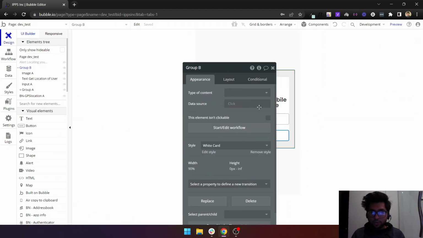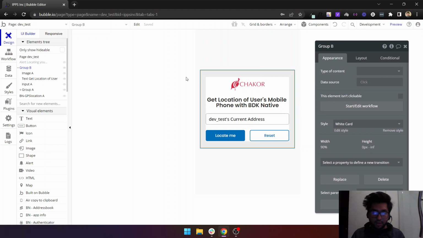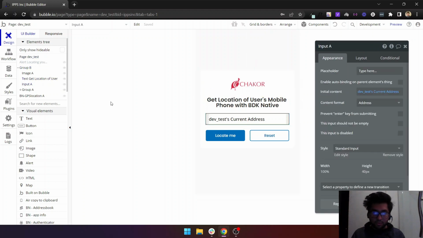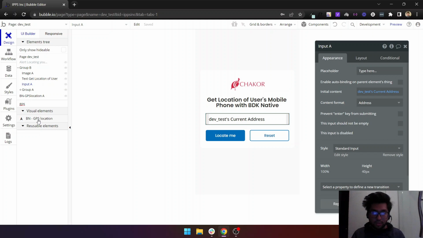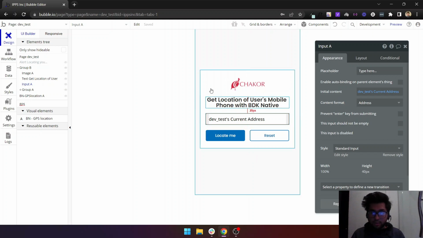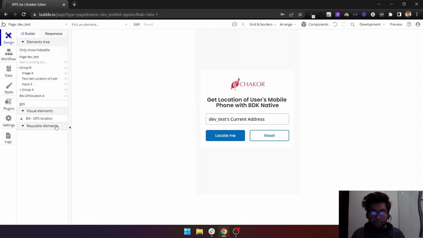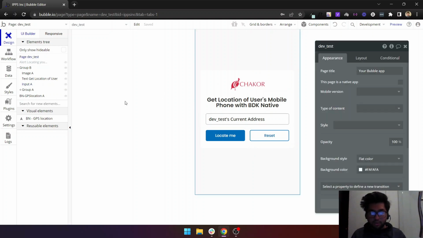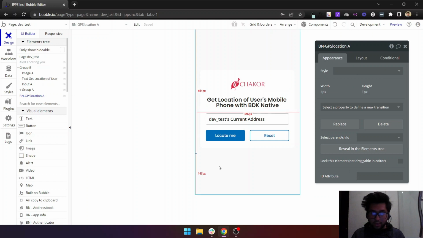I'll quickly walk you through all of the things that I did, to save your time and my time as well. You first need to have the GPS location element. This is the element that you need to put on the page, and once you have added the element on the page, like I have added it already here,